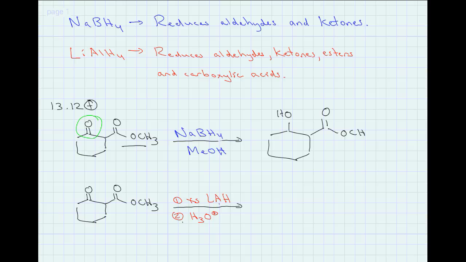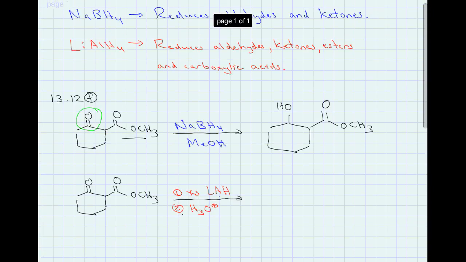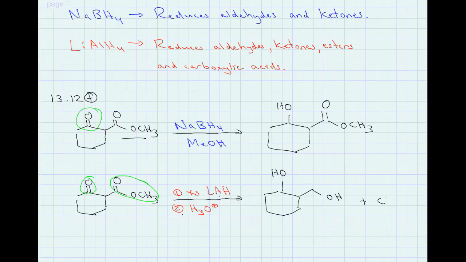But what if we tried to treat that same molecule with lithium aluminum hydride? Well, it says up here that lithium aluminum hydride can reduce, let me get my green here, it can reduce the ketone and it can reduce the ester. So what are we going to get as a product in that case is we're going to get our secondary alcohol, so we'll draw that. But also we're going to end up reducing the ester as well, and we're going to generate methanol as a side product as well. So we're going to be able to reduce the ketone and we're going to reduce the